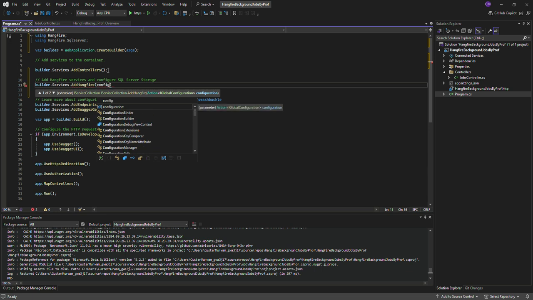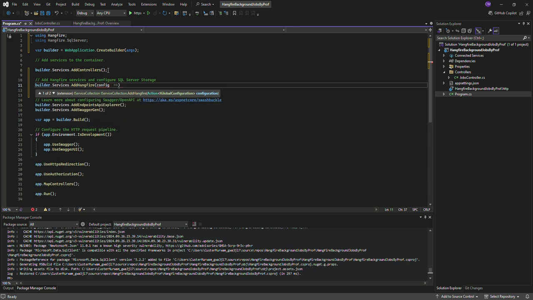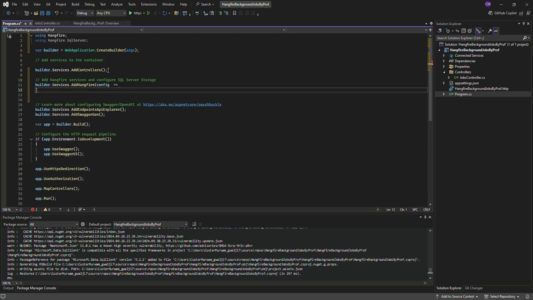This is where we configure or hook up Hangfire to our project. So then you say config, just space and then put that operator in there and do it like that, and